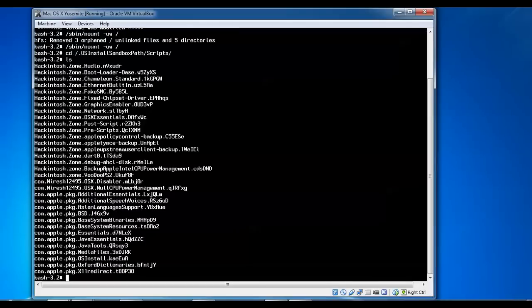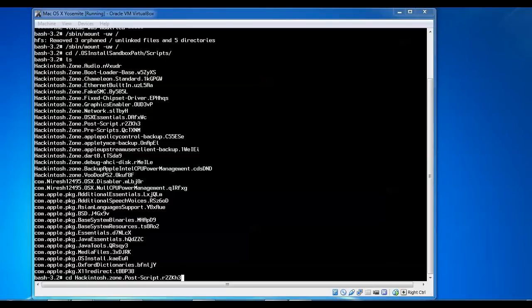So all these are the packages. You can see your update packages are showing in this macOS. We need to go inside the folder of this one package, type cd, and type Hackintosh zone, and then give a tab to get the full command. Then you need to type here post installation, post type 4, then press tab to get the full command, or you can type capital PO and press tab. Then you will need to type here script.